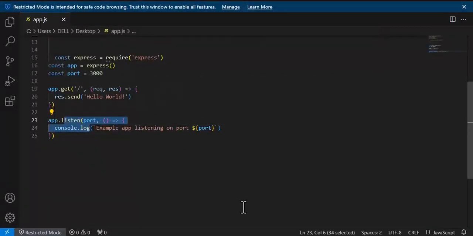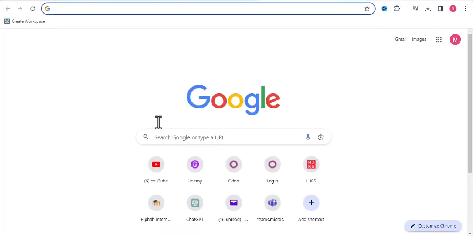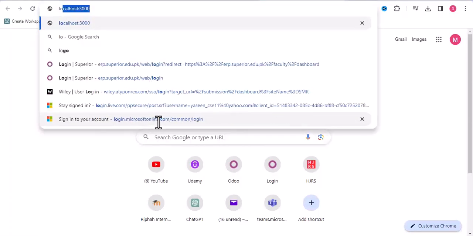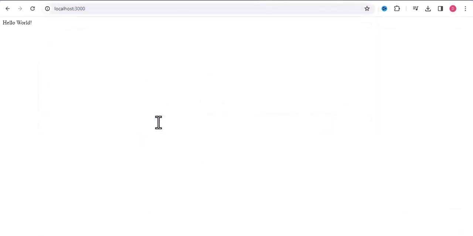If you want to see this sent value on the browser, we simply write localhost:3000. So hello world, this is sent. So this was all about the get request and